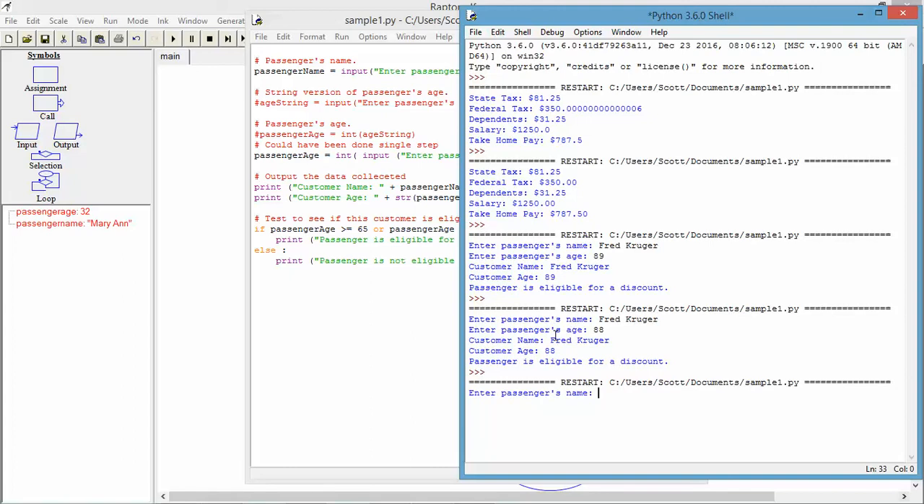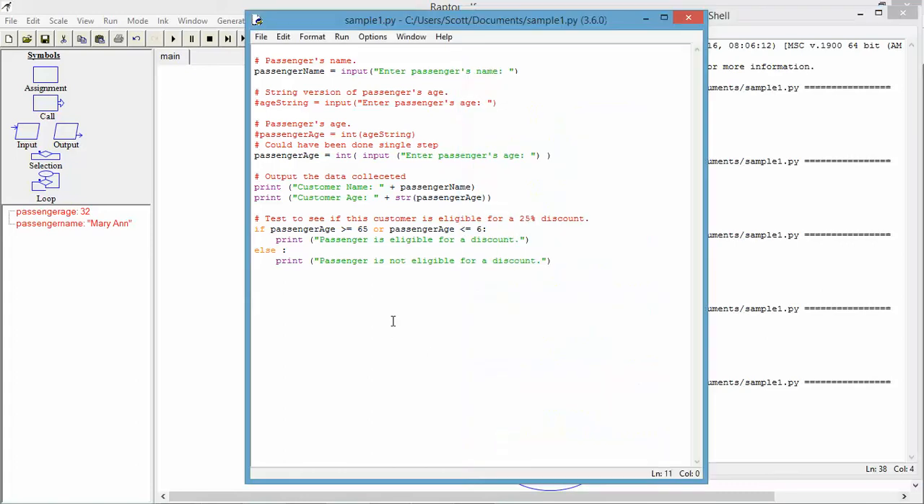Let's see here. Say baby boy, 3. Baby boy, customer age 3. Passenger is eligible for a discount. So my logic's working, syntax is working. We're good. All right, so keep in mind, these conditions, I can nest this, and I can keep going, but